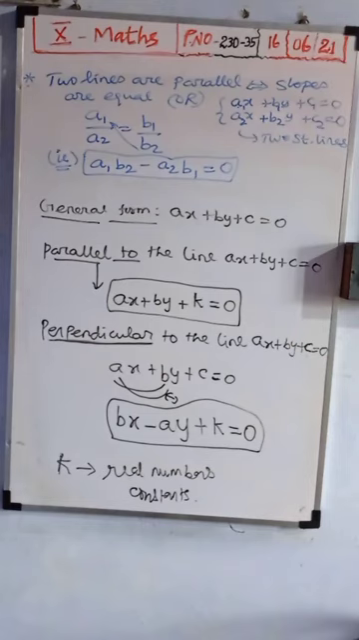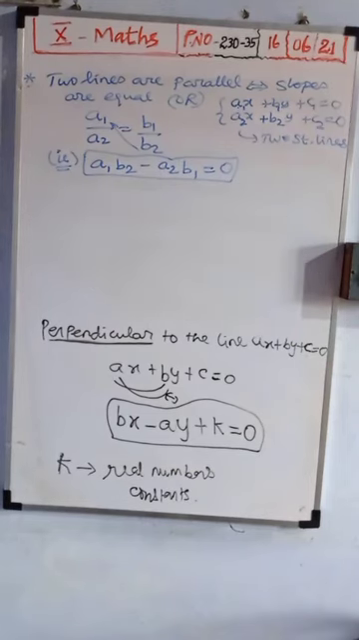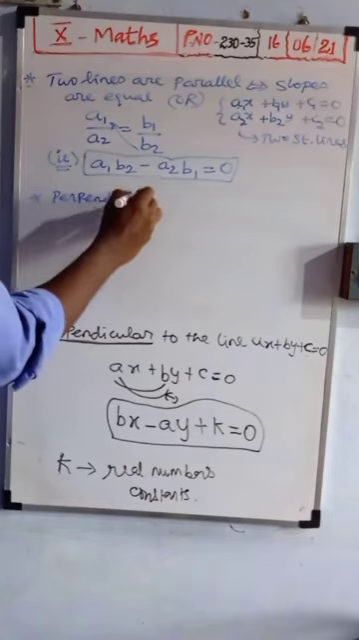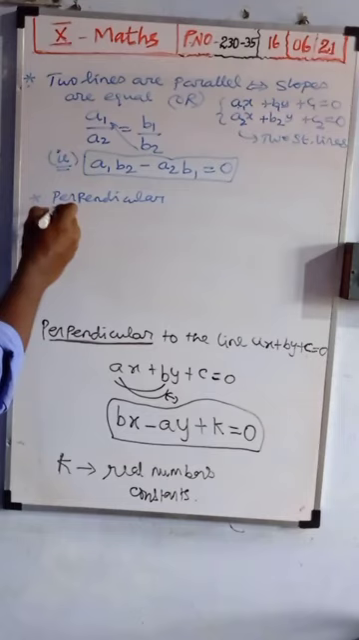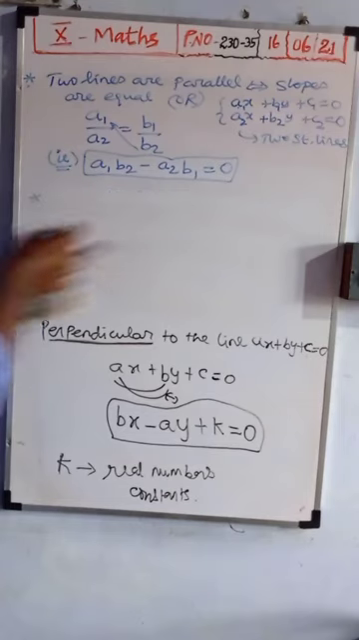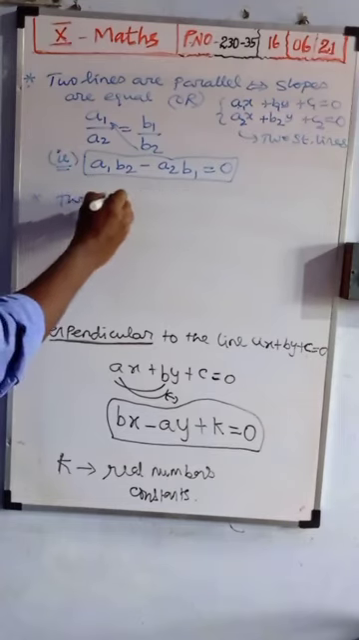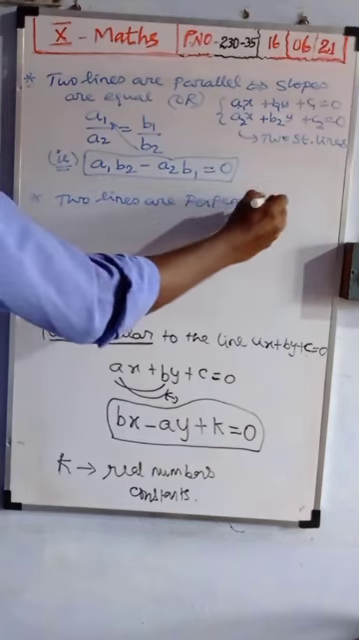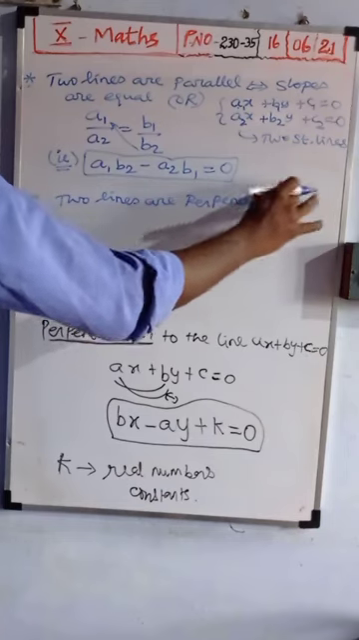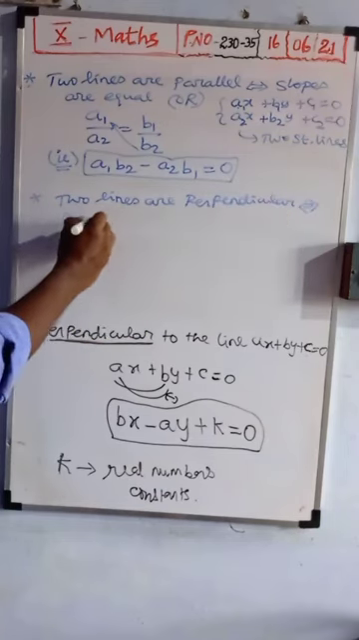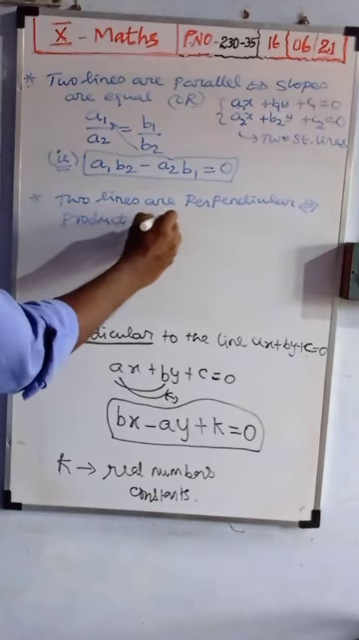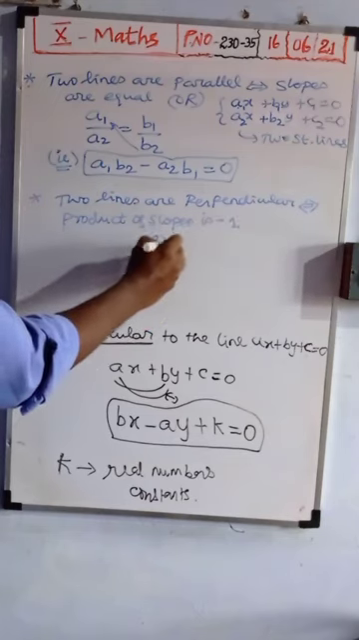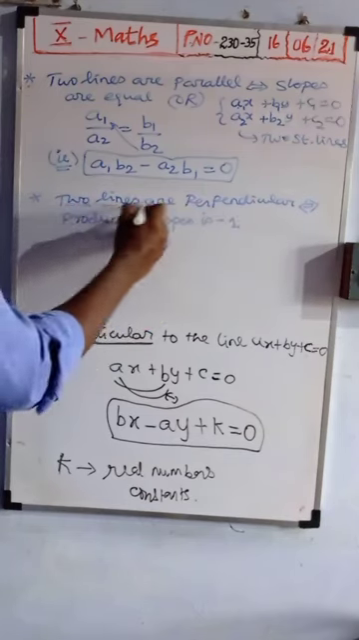Then perpendicular. You see, two lines are perpendicular if and only if the product of their slopes is minus 1. Or here, two lines are given, like this: